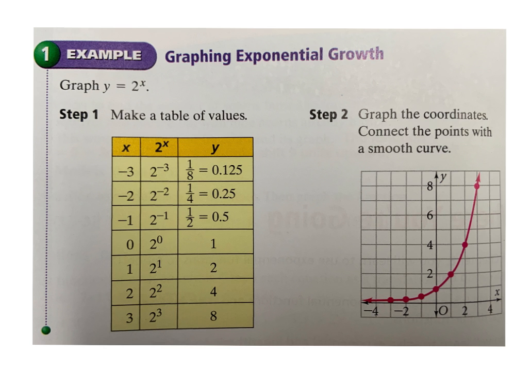So if you look at example 1 here, they've given us an exponential function, y equals 2 to the x. My x is in my exponent place. It is an exponential function. And you'll see the graph. Now, if I just had the function something like y equals 2x, that's not an exponential function. That's a linear graph, right? With a y-intercept of 0 and a slope of 2, right? 2 over 1. So if I go up 2 over 1, it's a pretty steep slope, you'll notice it tracks fairly well, and then all of a sudden it stops tracking with my